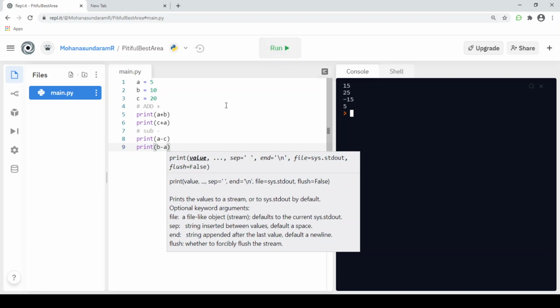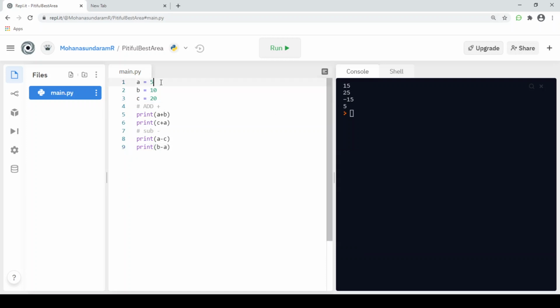As you see, we got the output of a minus c. You see that c has a greater value than a, that's why it becomes a negative value. That's why the output was a minus value. This is subtraction, another subset of the arithmetic operator.